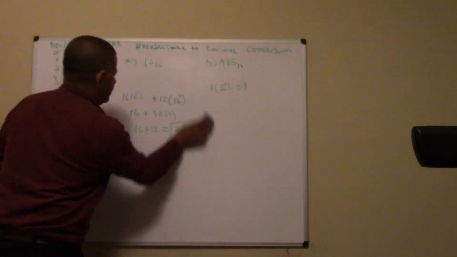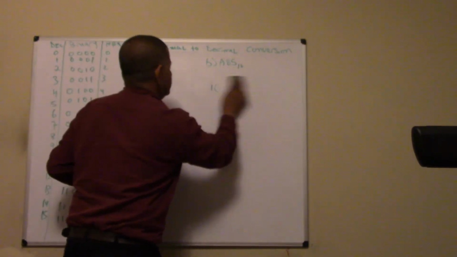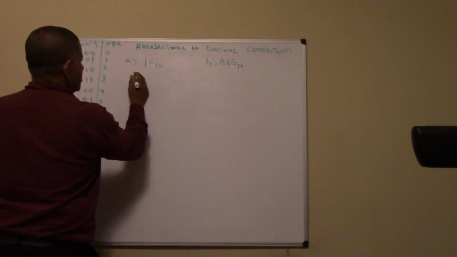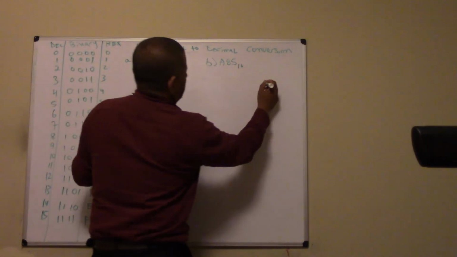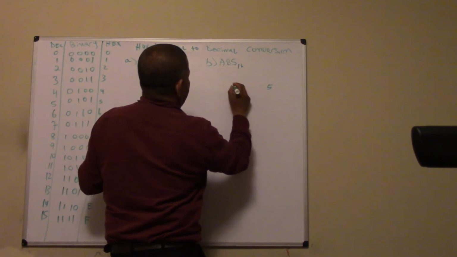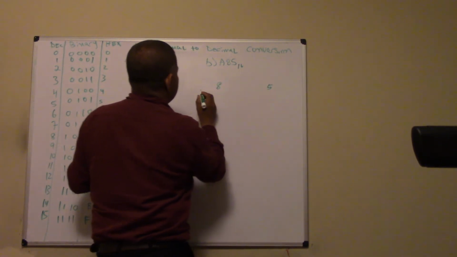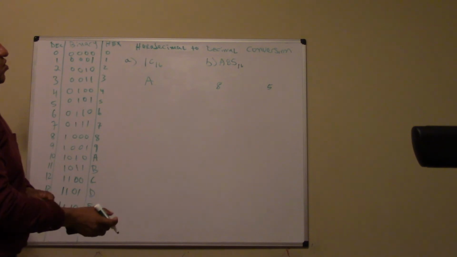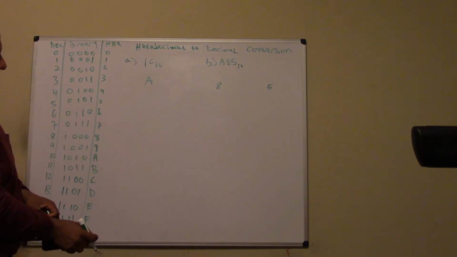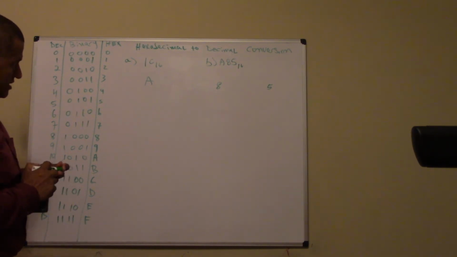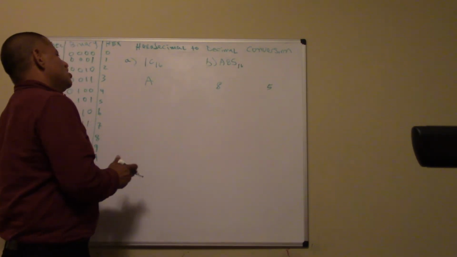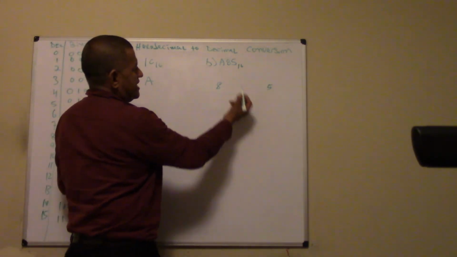Let me do part B real quick. Okay, part B. So here I got 5, I got 8, and I got 8, right? Okay, so if I want to go back to the binary type, it's going to get kind of messy, but we will do it, right? So here, let's say that I want to do